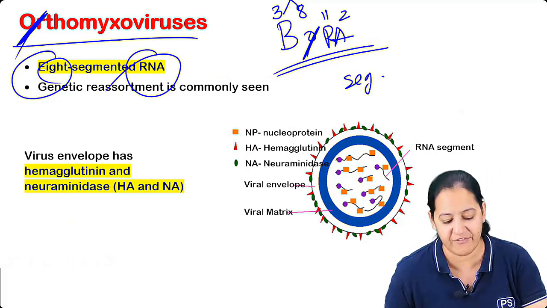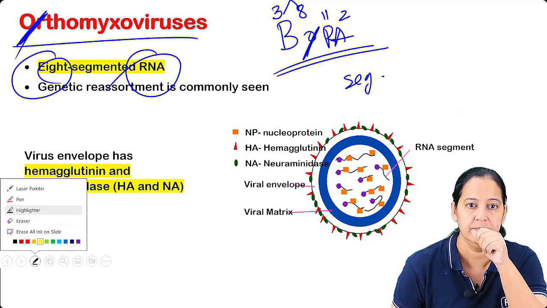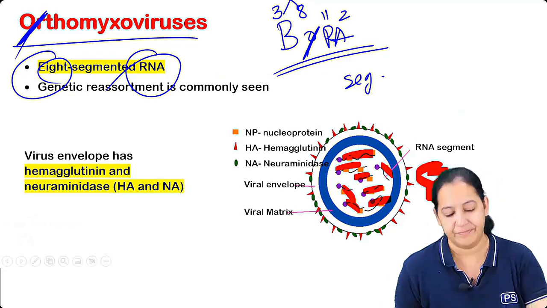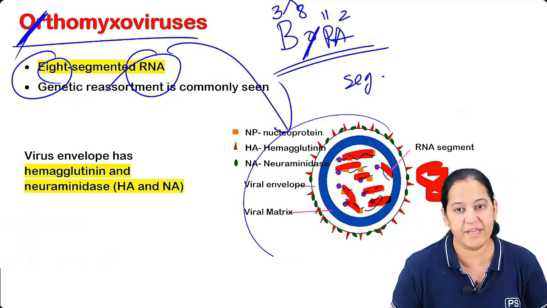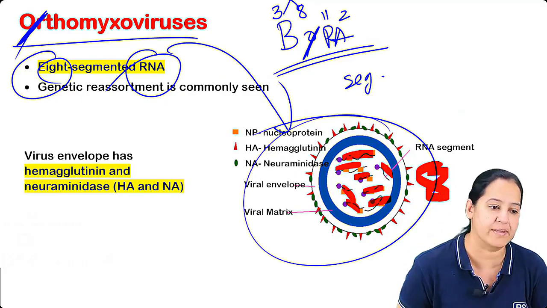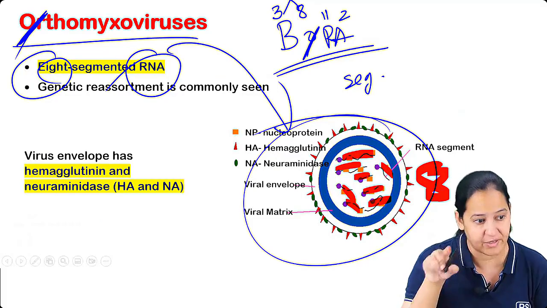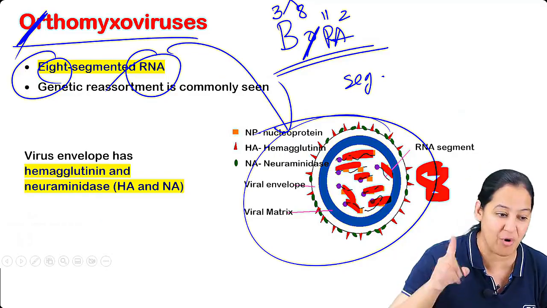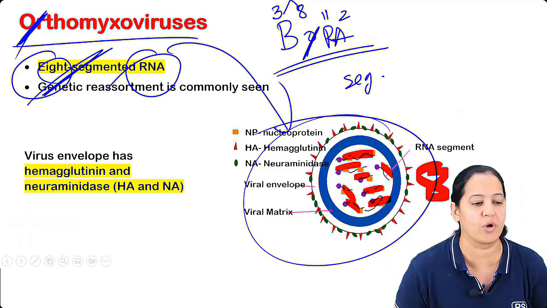Here we have 8 fragmented RNA. Count the number of the pieces if you can. It's 1, 2, 3, 4, 5, 6, 7, 8. 8 pieces. The hallmark comes as an image-based question. The image comes in your exam and they ask you to identify the virus. Yes, very good, Suji. 3, 8. So I'm interested in 8. I'm teaching you BORA's O, B-O-R-A, orthomyxo. So I want to highlight that 8. 8 segmented RNA you can see in the image also.